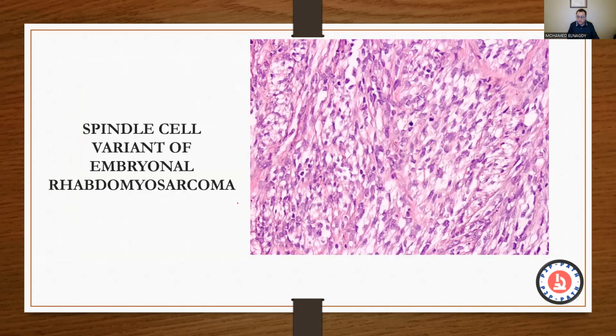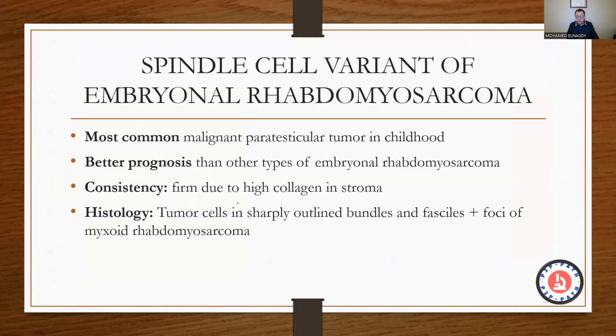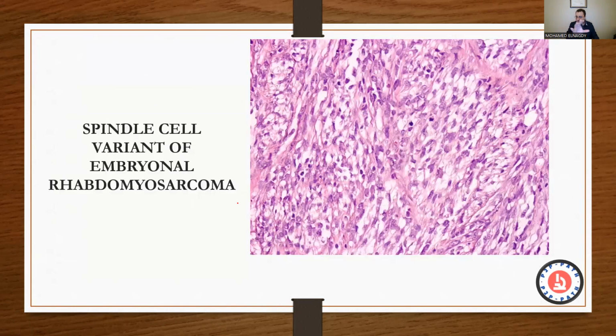Here is how it looks. It's actually very confusing. This is embryonal rhabdomyosarcoma with spindle cells, but they usually show these classic rhabdomyoblasts to give you a hint that you are dealing with a rhabdomyosarcoma. Usually that's the case. I don't want you to confuse yourself with these rare entities, rather than focusing on the common entities,